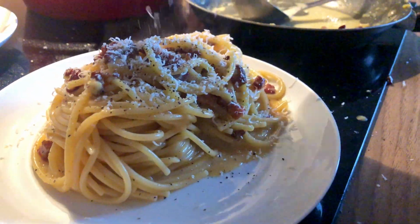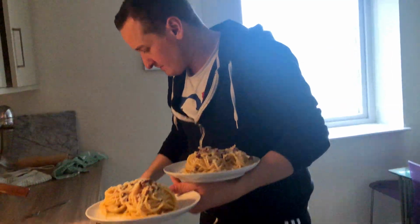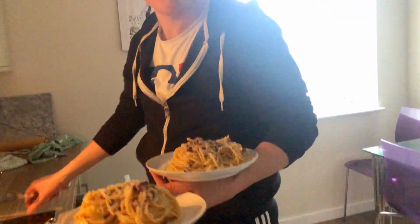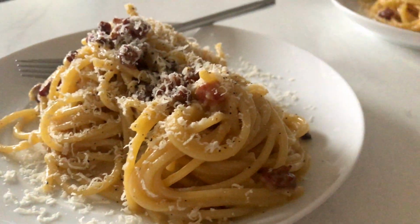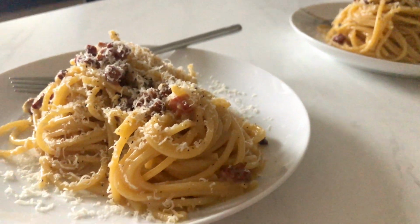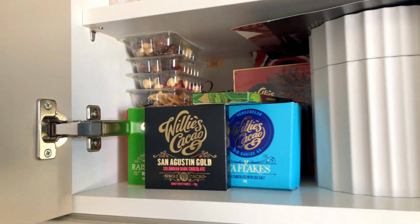So this was our kind of late lunch / early dinner, and look how happy this boy is to be eating pasta. Look at that face. Yeah, it was really, really good. Nothing too heavy, nothing too kind of fatty or rich because there's no cream in it. It's just beautiful. And of course, I decided to round out the day with a little trip to my chocolate